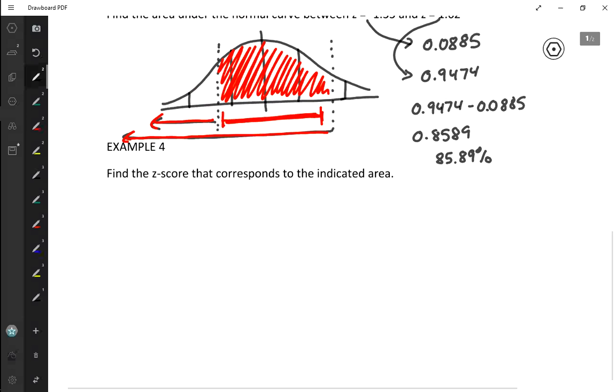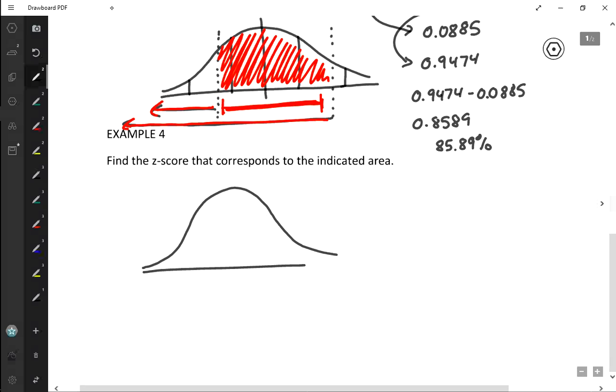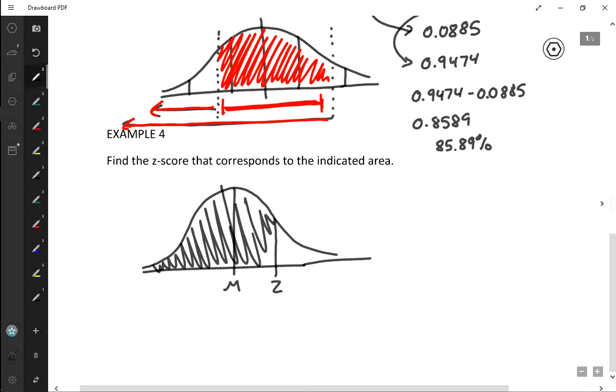Good. Well, we've got 2 more examples that we want to work through, and they're both related to each other. Now, I've got to set it up here to show you what we're gonna do with this. I'm going to draw a normal curve here, and I'm going to have my mean right here in the middle, right? And what I'm going to do is I'm going to draw a line right here, and I'm going to label it Z, and I'm going to cover all this area here, and I'm going to say that this area right here amounts to, let's say,